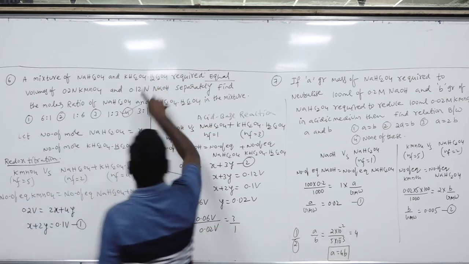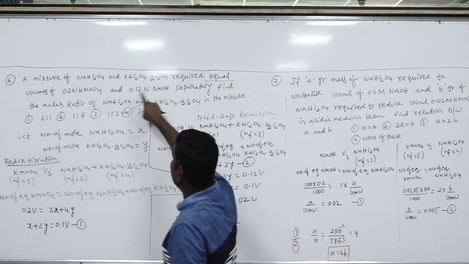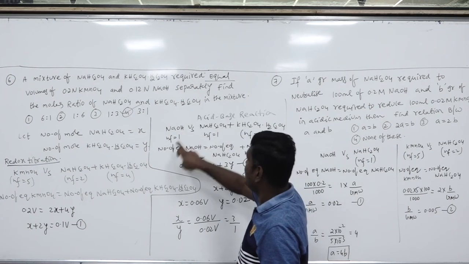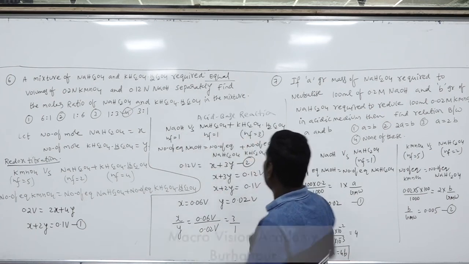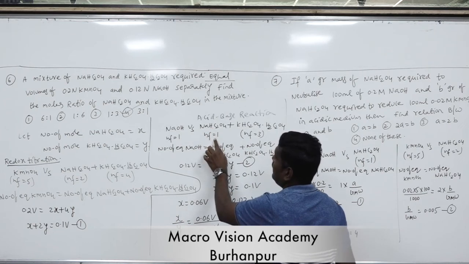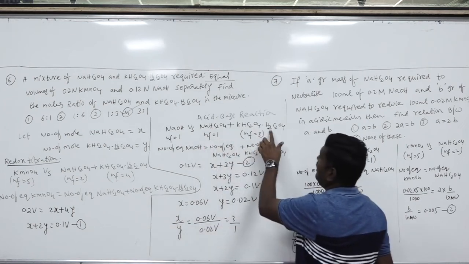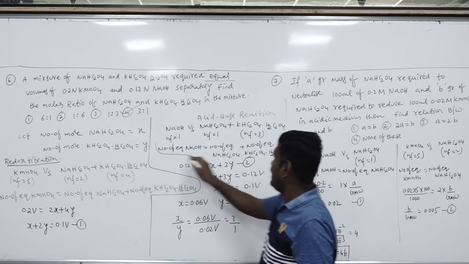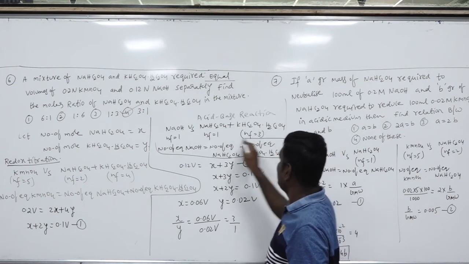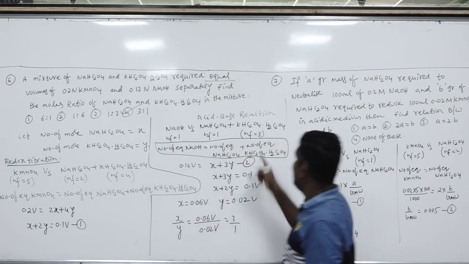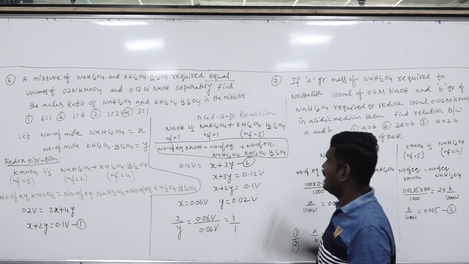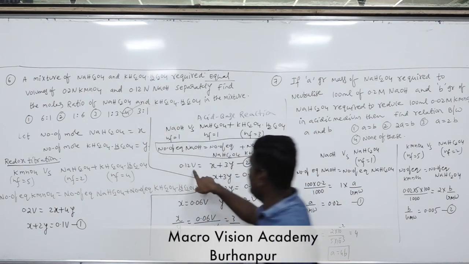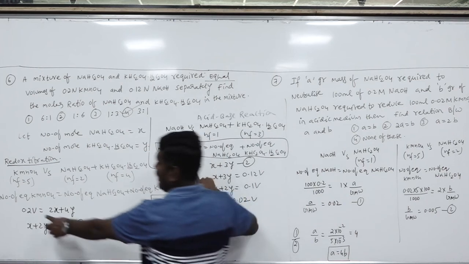Now the same substance again reacts with sodium hydroxide, 0.12 normal, in a separate reaction. So this is an acid base reaction, sodium hydroxide n factor 1. In this acid base titration, here acidic hydrogens are 1, so basicity 1, n factor 1. Here acidic hydrogens are 2 plus 1, 3, so here the n factor is 3. Same law of chemical equivalence: the number of equivalents of NaOH will be equal to the number of equivalents of sodium hydrogen oxalate plus the number of equivalents of potassium hydrogen oxalate, oxalic acid. Here the number of equivalents of NaOH is equal to normality 0.12 into volume, let's suppose V liter, because in both cases the volume is the same.